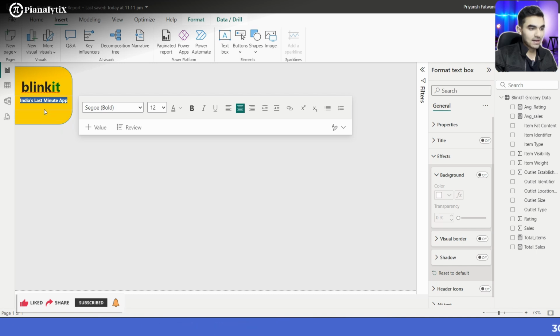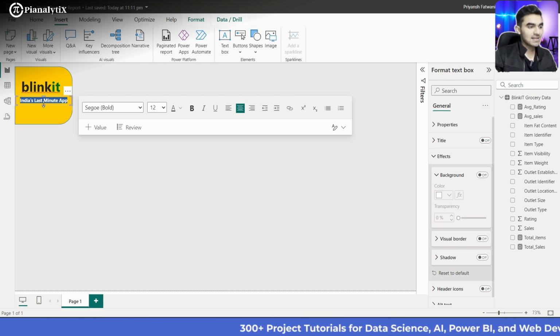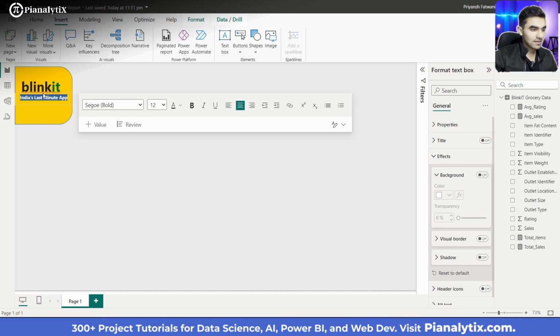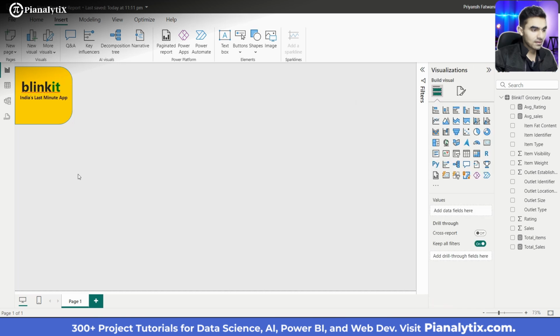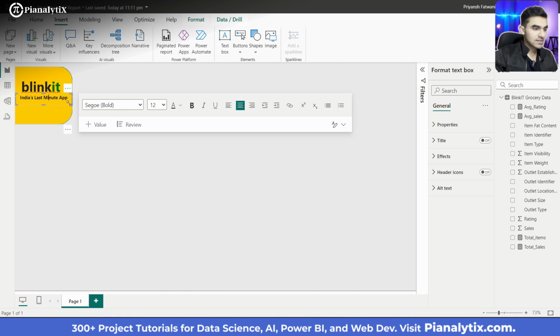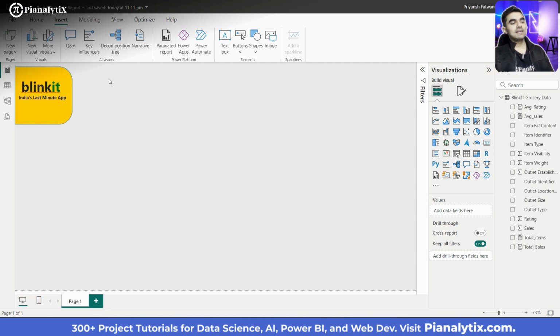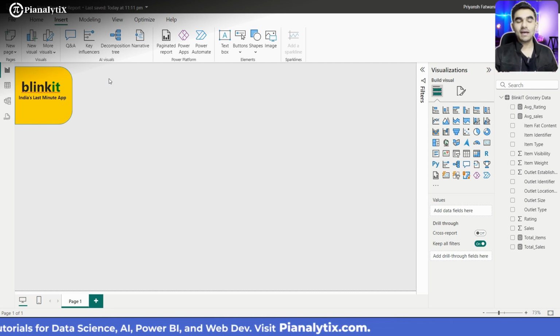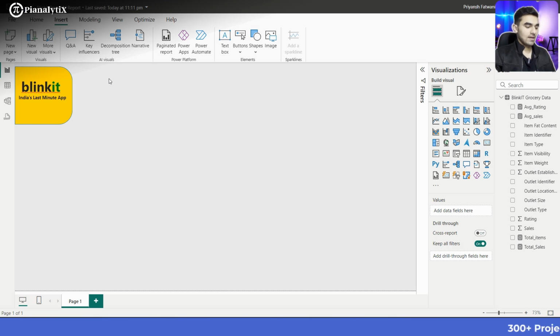This alignment and arranging part can be a little tiring sometimes, but you need to have some patience and then perform it. Yeah. See, now it looks more or less exactly the same. Yeah, it is exactly the same as the Blinkit logo used by the company itself. Okay,